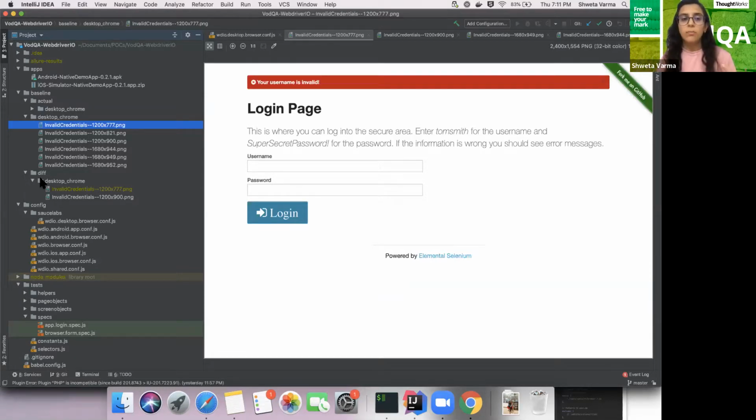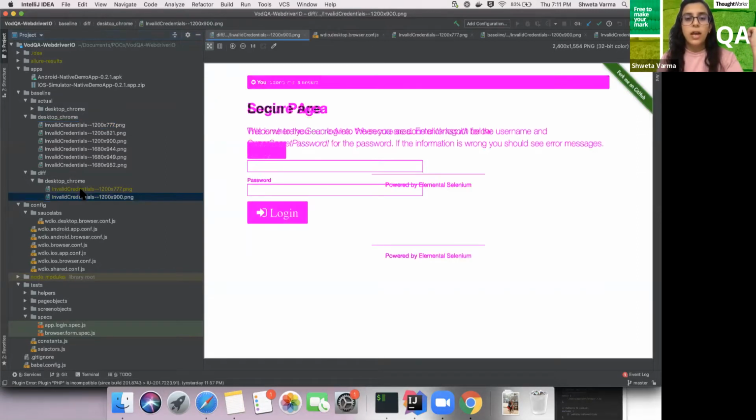If it does not match, it gets added in the diff folder, like the difference between the two images. As you can see here, you can have the color and everything controlled inside your config file, whichever color you want the differences to appear in. So here it says that all this is not the same as you have mentioned, and then it fails with some error.